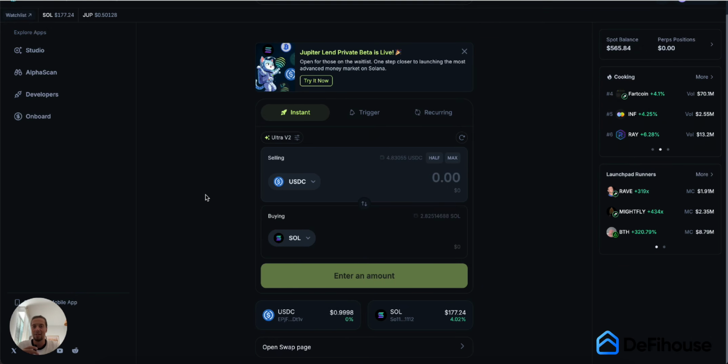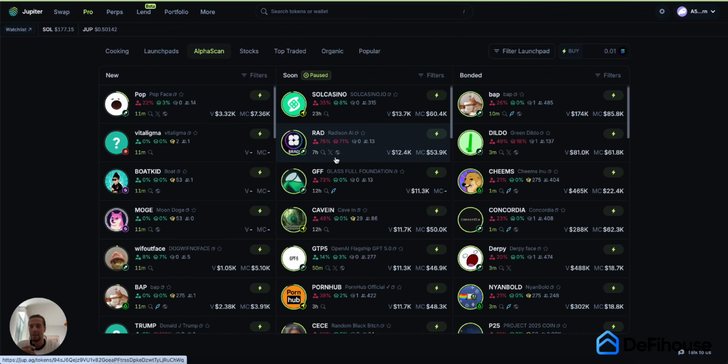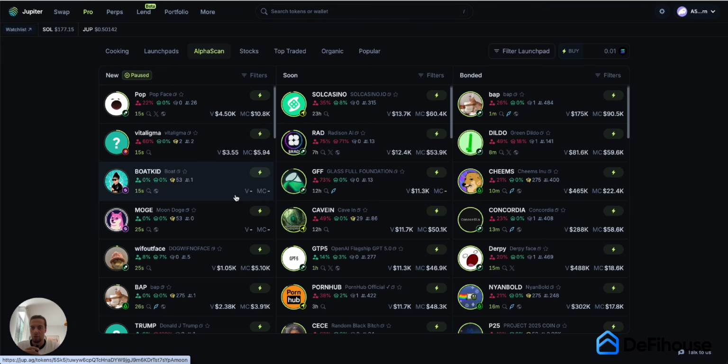And different decentralized exchanges also offer different tools. So for example, on Jupiter, you might find what's cooking, so what's trending, what's interesting in the market. You can also find some different alpha scan, for example. So this is all of the tokens that are being created, all of that stuff,